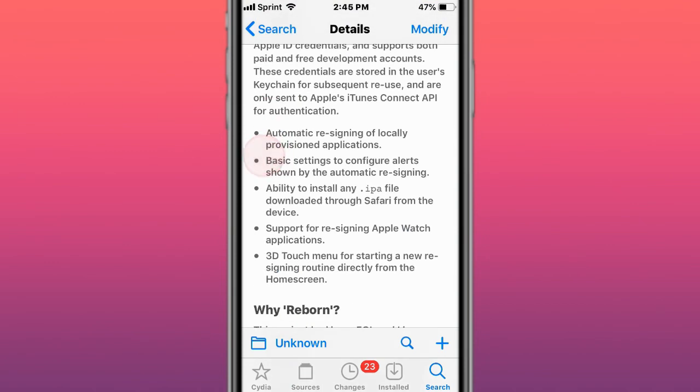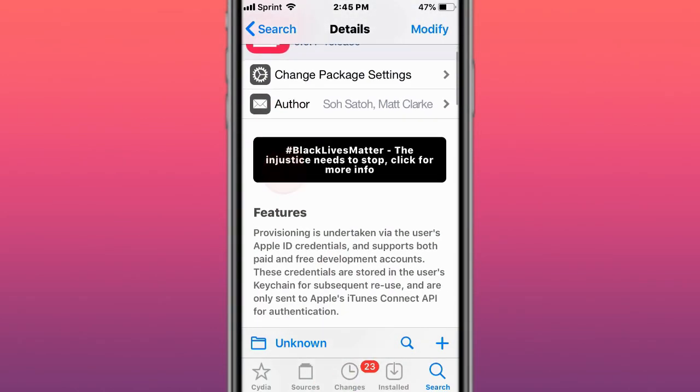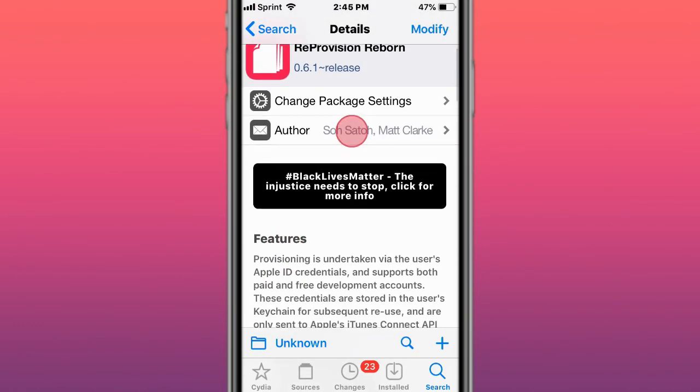It's also been pushed to where it works a lot more stable and better. And yeah, if you have iOS 14, you can't use Reprovision, but now this is your only way of using it because it supports up to iOS 14. And yeah, it's supposed to work pretty well. Even, I think, better or as good as the old one. I know the old one, the original one, which is by Matt Clark, is not being updated anymore, which is